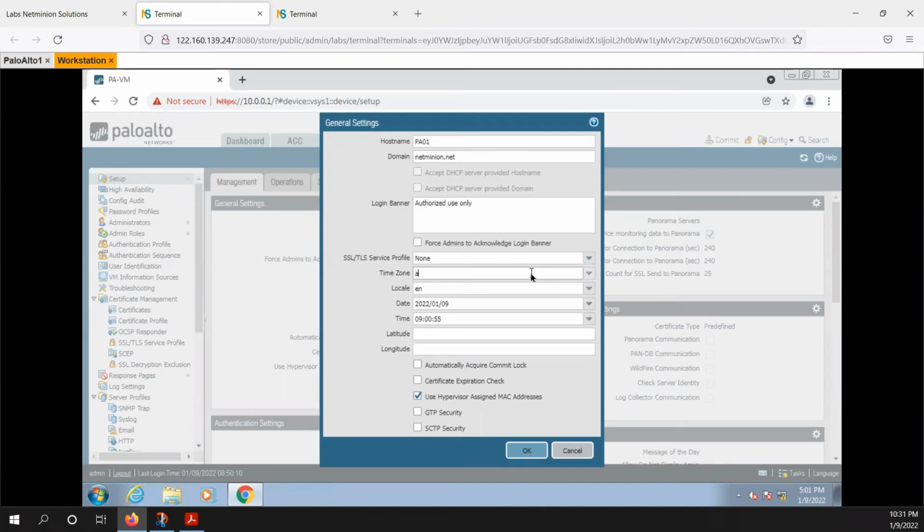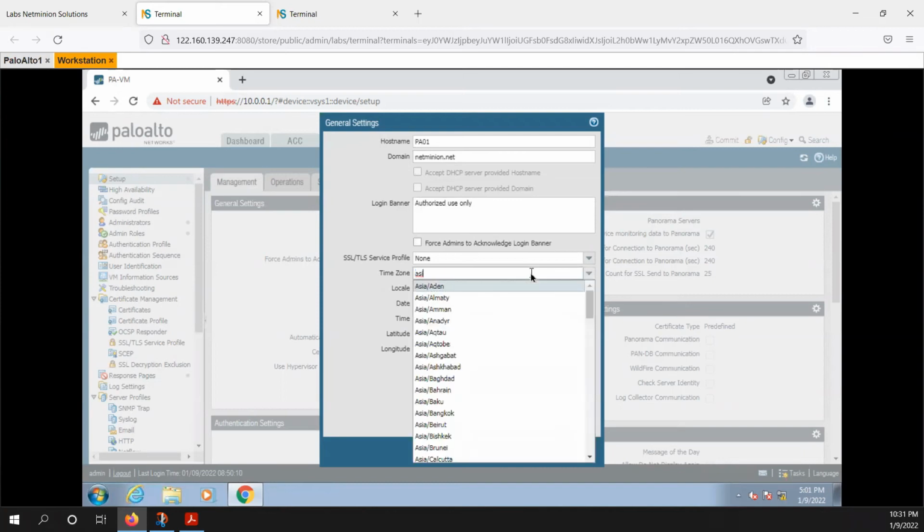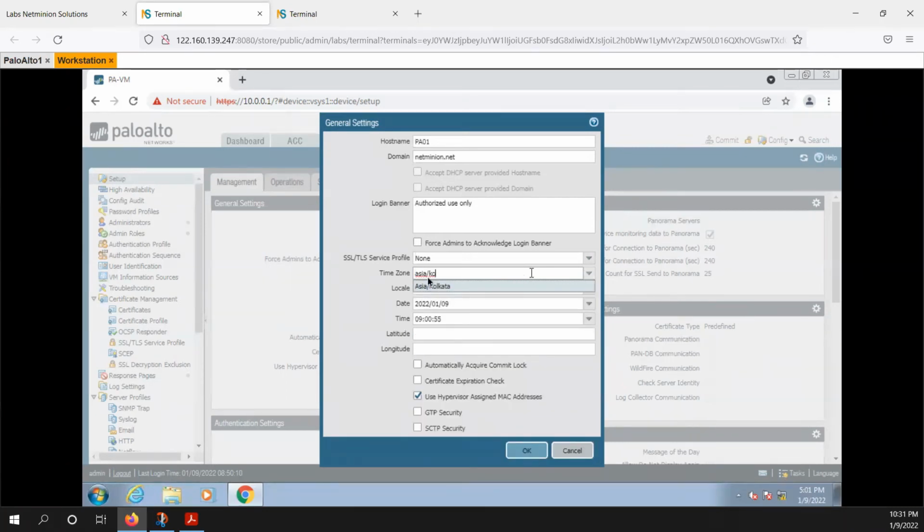So I have to select here Kolkata. So this I can define, and the time and date I can define if I wanted to. And after that, you just click on OK.